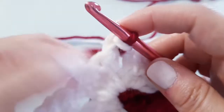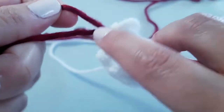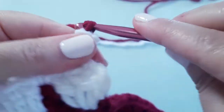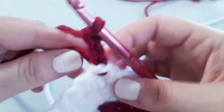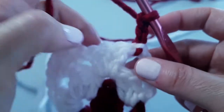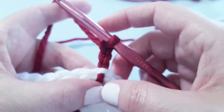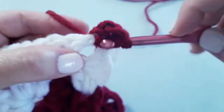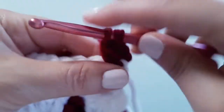Whoops. So you're going to chain 3. So we have 1, 2, and 3. Just tighten that up there. And so this space needs a shell. So we know we need to put 2 more double crochets into here. So we have 1. And we have 2. I'll have to sew in that